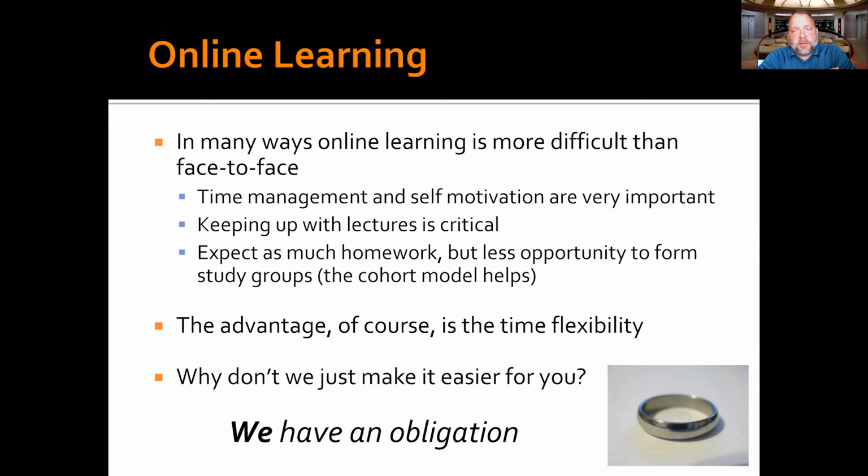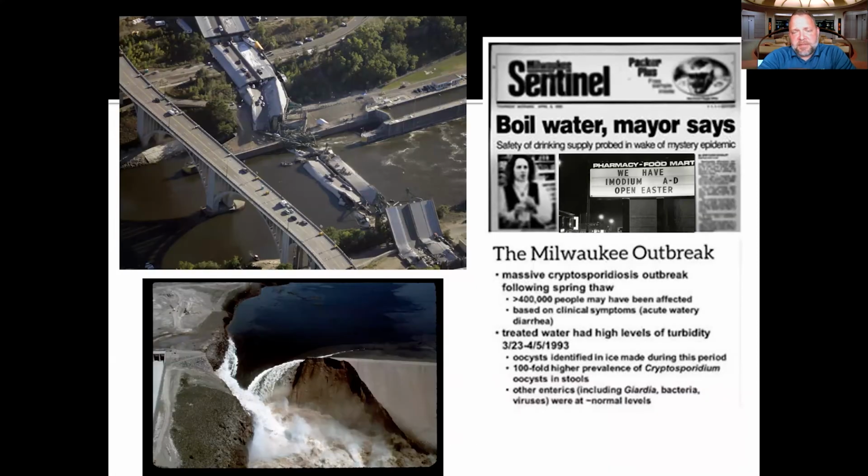The Order of the Engineers and the ring in particular are to remind us that we have an obligation to the public. As civil engineers and as environmental engineers, we owe the public a great responsibility, because of our mistakes. For example, if a computer engineer makes a mistake on the newest iPhone, except of course if it's a battery mistake and they start lighting on fire in your purse or your backpack, they do a software patch, and people are inconvenienced, but usually they're okay. When civil engineers make a mistake, people die. A lot of people die.